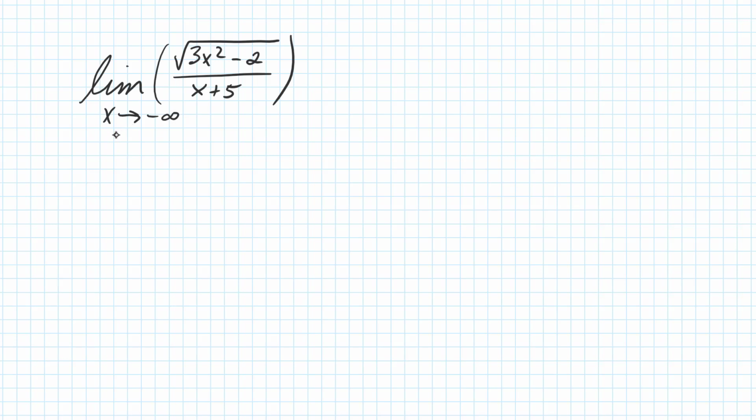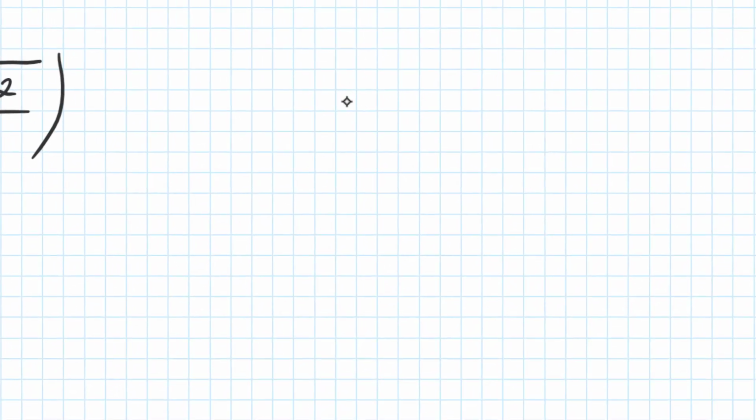Here we're asked to find the limit as x approaches negative infinity of this rational expression. Notice we have an x squared inside a square root, and we have a linear expression here on the bottom. This one's a little tricky, so I want to go over a little bit of algebra before we jump